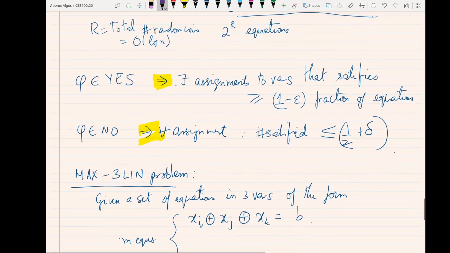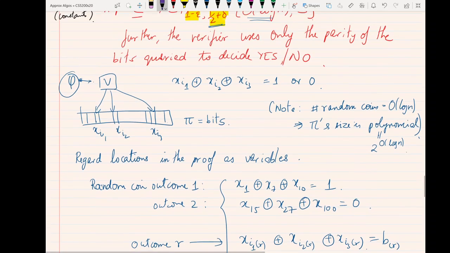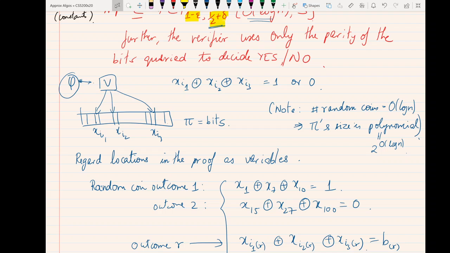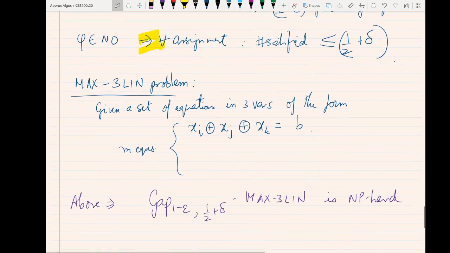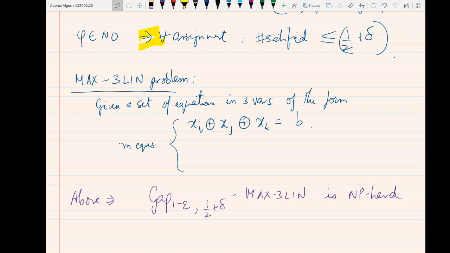Because what we have done, via the existence of this verifier in terms of the PCP theorem, is actually produce a reduction all the way from an NP complete problem, for instance 3-SAT, to this gap Max Thielen problem. So this Max Thielen problem is the discrete analog of whether a set